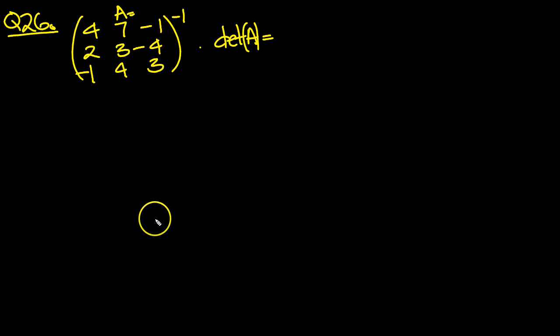Okay then guys, let's have a go at 26 then. We've got this matrix as a 3 by 3 matrix. So we've got here this matrix to the -1. The first thing to do is get the determinant, isn't it? So let's get det A